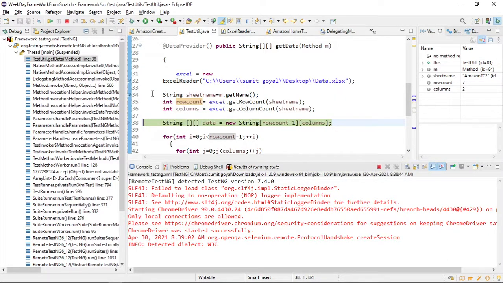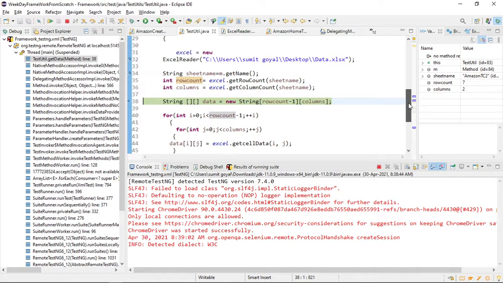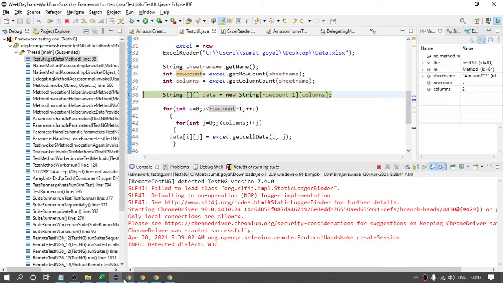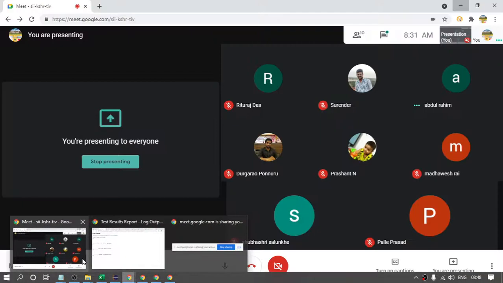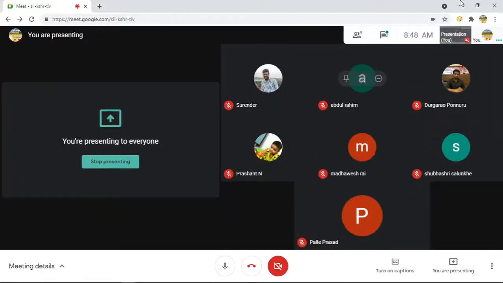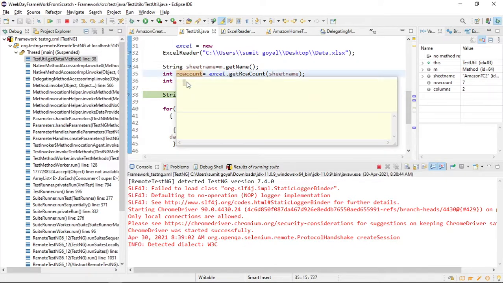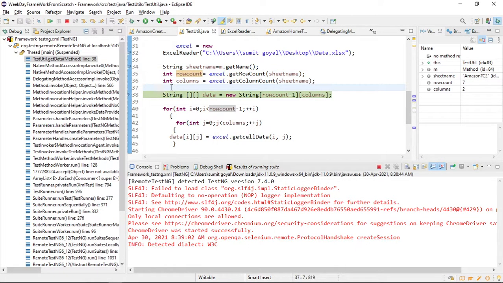So till now it is clear to everyone. Is it clear to everyone? Yes. So now what I'm doing, based on the row number and the column number, I will create one array. Why I am creating it like this, you will get to know soon. So if I run this, if I create in this fashion, so if you see,